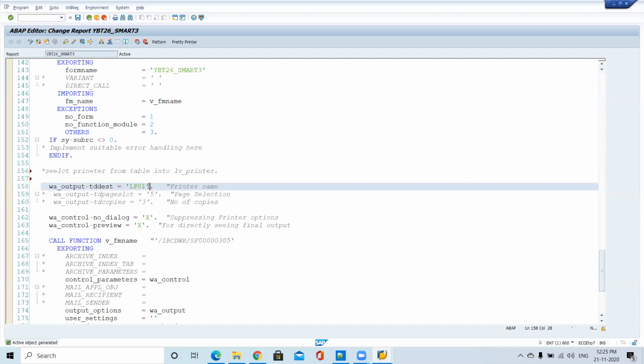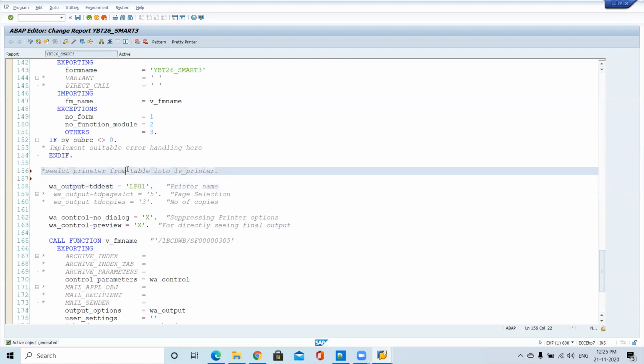Clear, sir. We'll ask where you maintain the profile, then click F1, check the background table, and write a query on the table. Or sometimes we'll maintain the G table and write a query on it. After that, instead of LP01, we'll pass LV_printer, the dynamic value. From my point of view, I will go to the transaction where you are storing and get that value from the function module or from a select query.